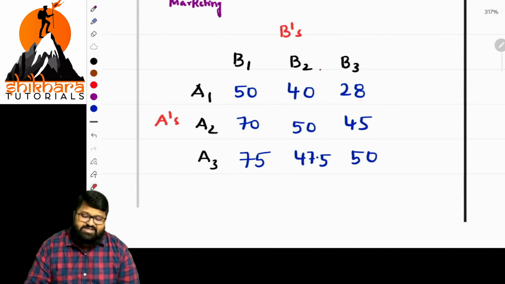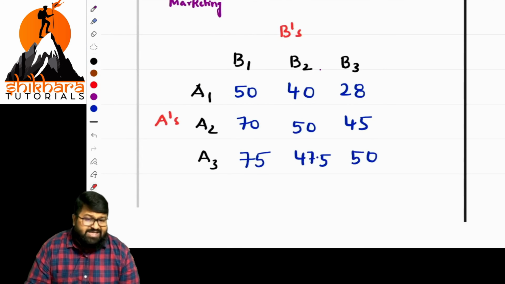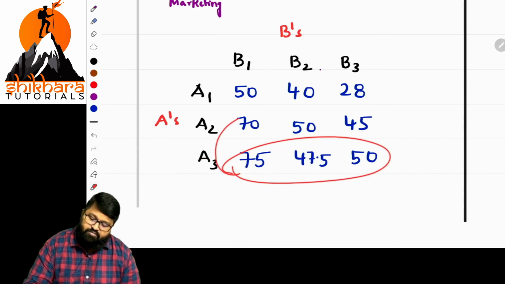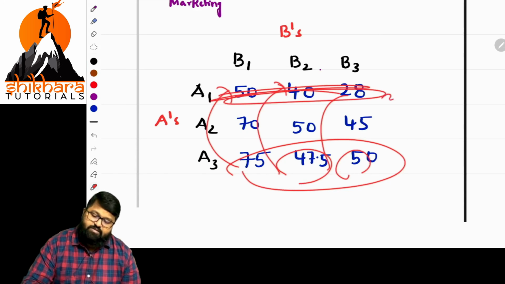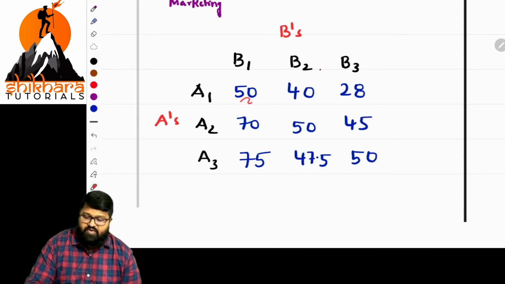How to eliminate now? Basically, when we are comparing rows, what should we do? A row with the least value should be eliminated. So here, let us go with this comparison first. Here 75 is least, the highest is gone. Next, 75, 50, 47.5 and 50. So this is the least one. We can eliminate this one basically. Okay, is it clear, ma? We can eliminate this part.